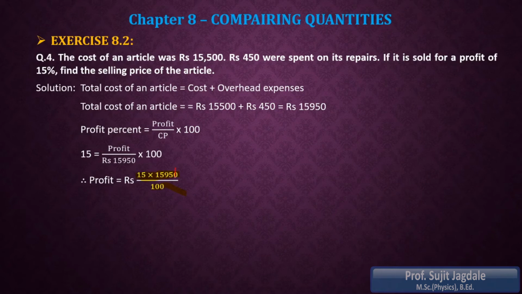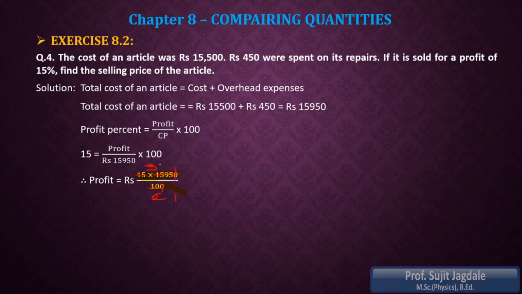Now here the 1 0 is going to cancel, then 5 3s are 15 and 5 2s are 10. So whatever the multiplication is, you can perform this multiplication: 1595 into 3 divided by 2. Either you can divide 1595 by 2, or first you can take the multiplication. Whatever way you can do it. So I am going to divide it.